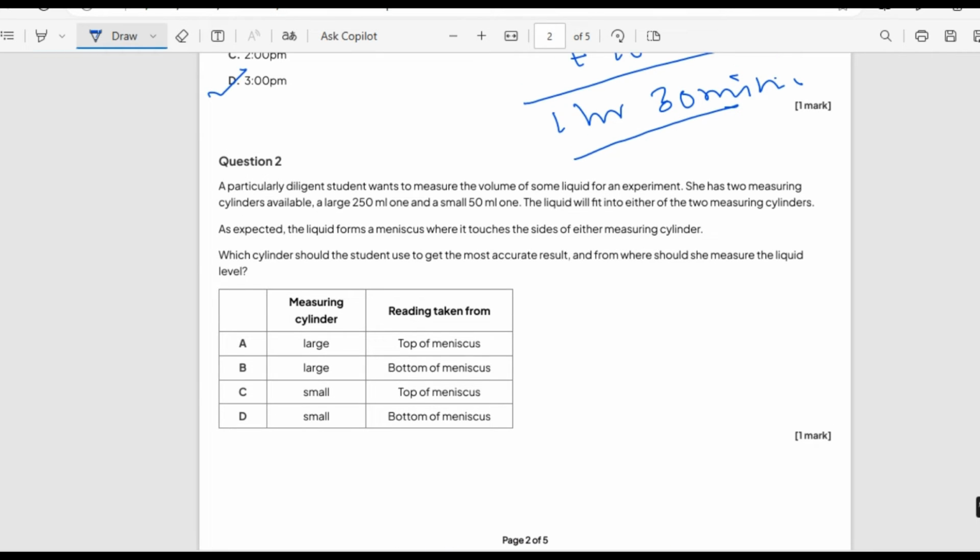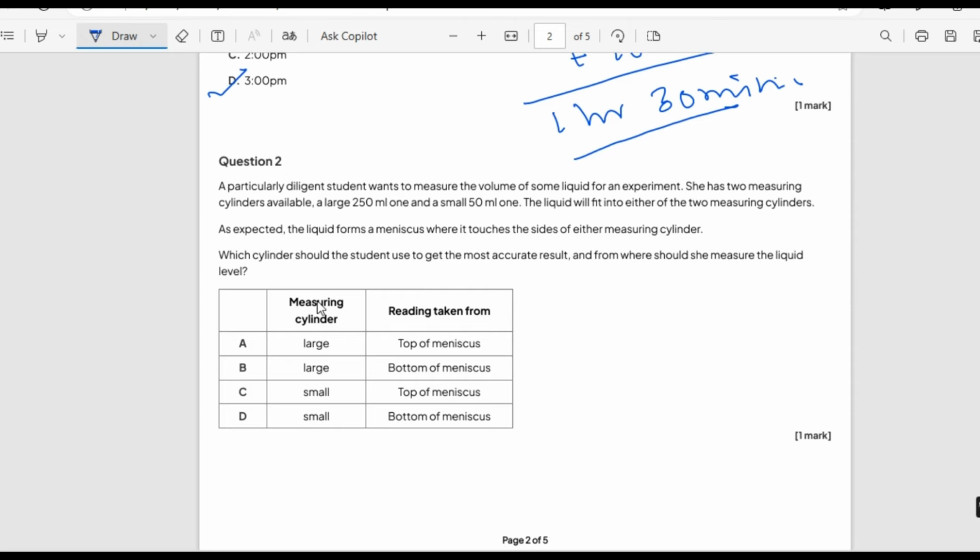Okay, so next one. Question next. A particularly diligent student wants to measure the volume of some liquid for an experiment. She has two measuring cylinders available, a large 250 ml one and a small 50 ml one. The liquid will fit into either of the two measuring cylinders. So the liquid that she has can fit in both. As expected, the liquid forms a meniscus where it touches the side of either measuring cylinder. Which cylinder should the student use to get the most accurate result, and from where should she measure the liquid